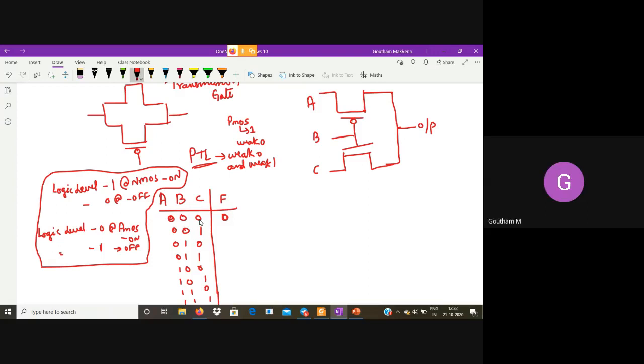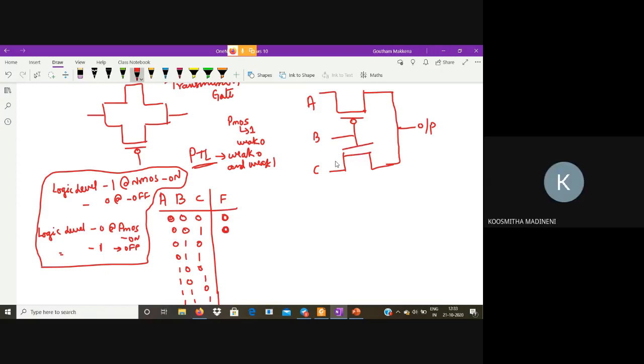PMOS is on. So PMOS passes A. A happens to be 0, isn't it? It gives out a weak 0 here. Anyways, we won't get a perfect strong 0, but a weak 0. Nevertheless, it is a 0. Now in this case, 0 1 0, when B is 1, is PMOS on or NMOS on?